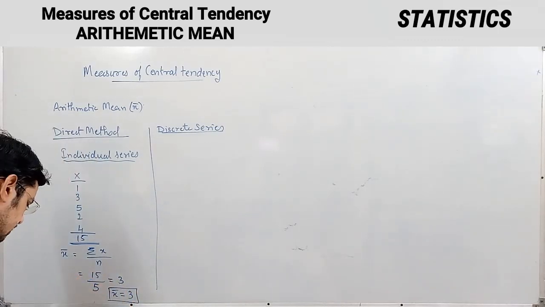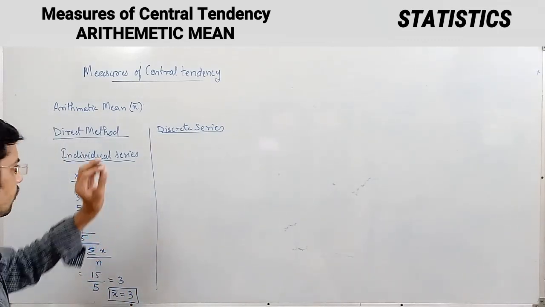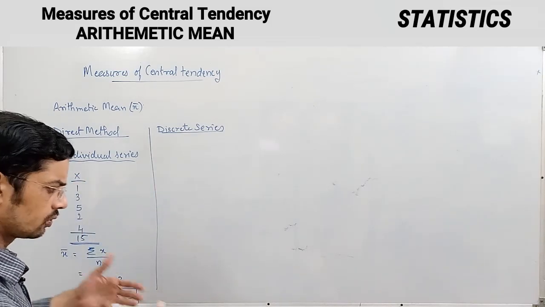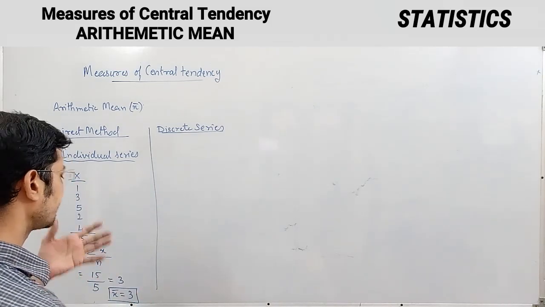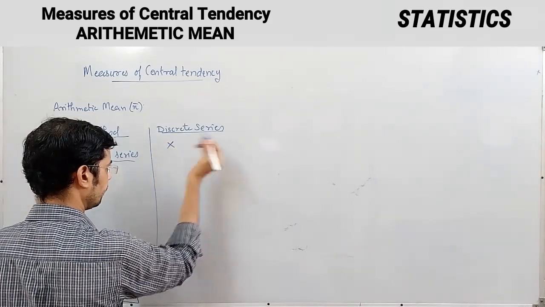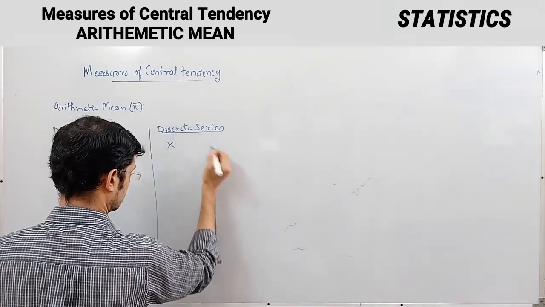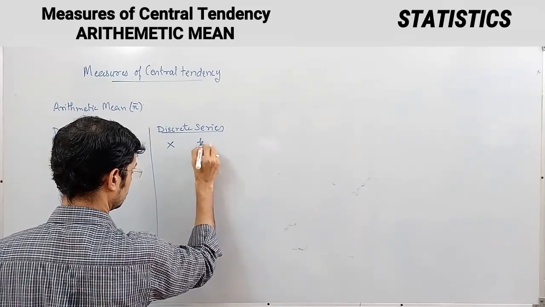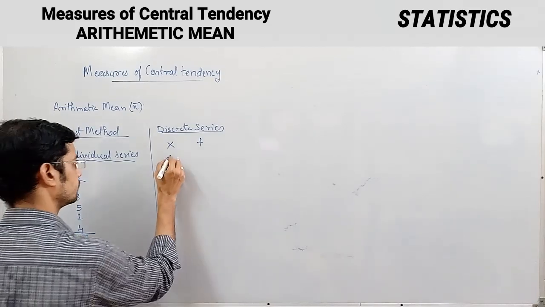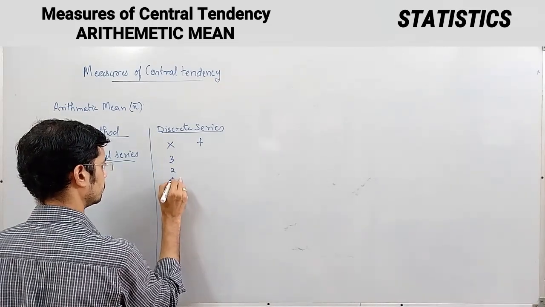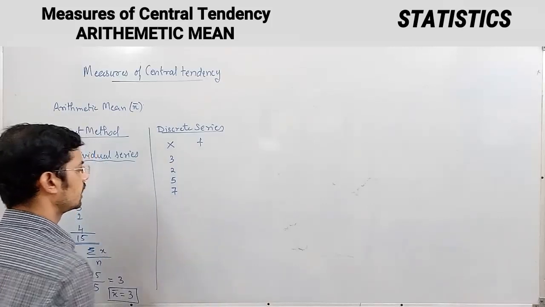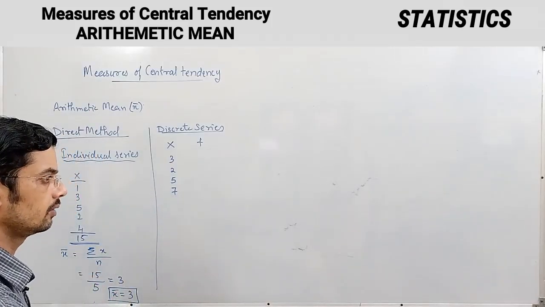Now what is there in discrete series? In discrete series we have observations, but they are repeating more number of times, maybe more than once. Let us take an example, say x. It repeats more than once, so it is called the frequency. So the numbers are, okay, these are the observations and their corresponding frequencies are